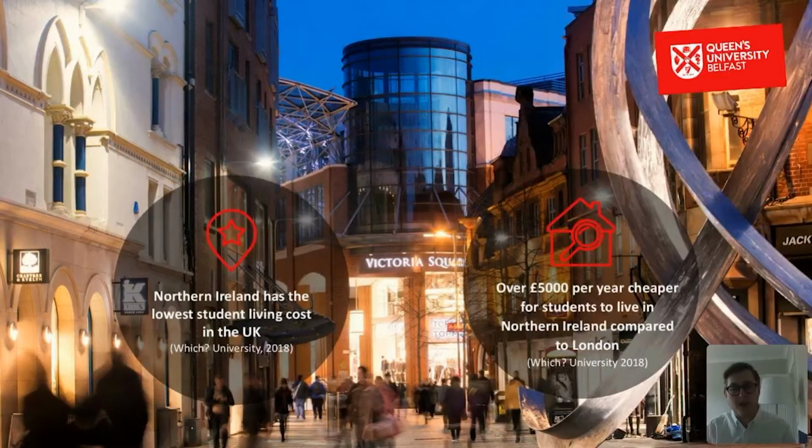But as you can see there, Northern Ireland is the lowest student living cost in the UK. And it's over £5,000 per year cheaper for students to live in Northern Ireland compared to London. So it's not that this should be the only reason that you make your decision to come and study here at Queen's. It's a fantastic university with a really high quality degree, but it is cheaper than going and studying